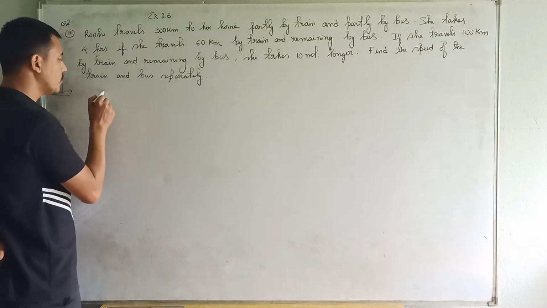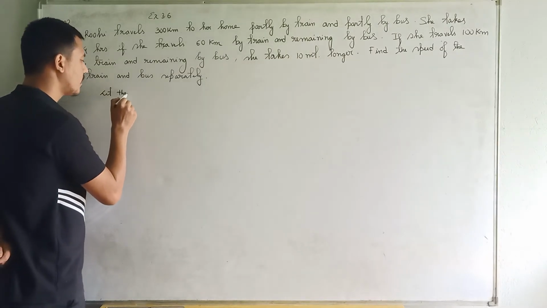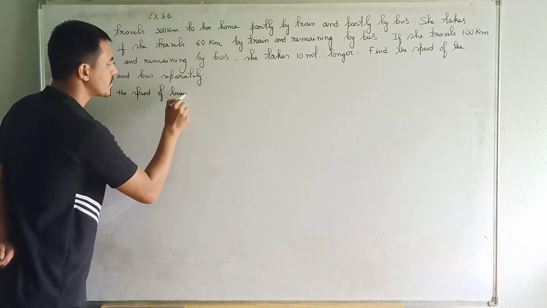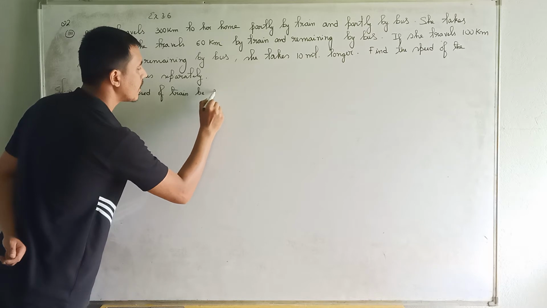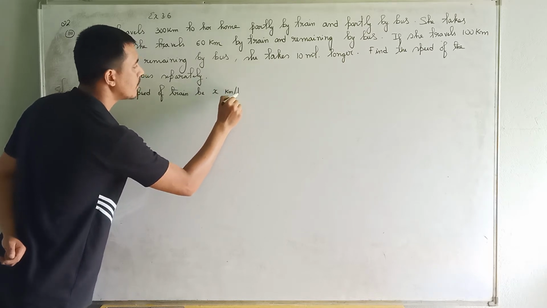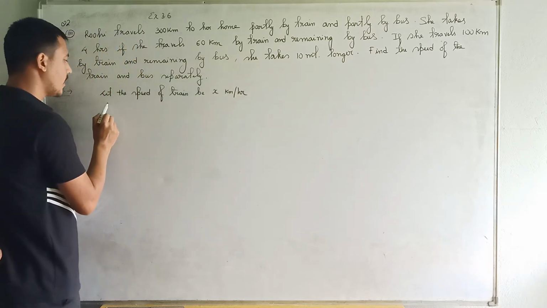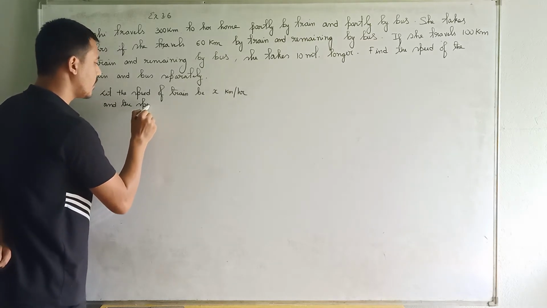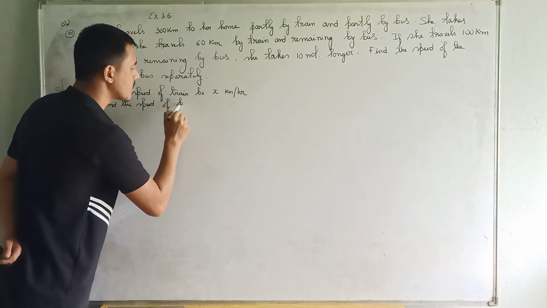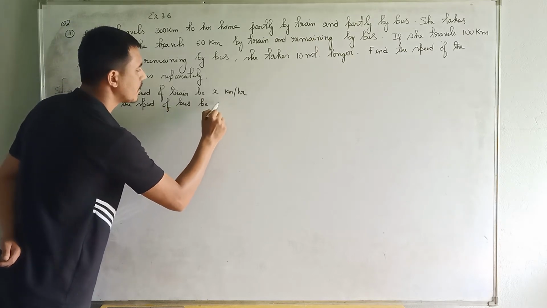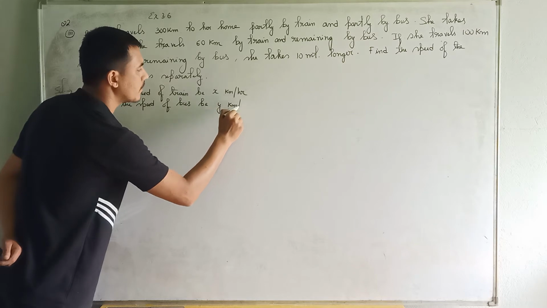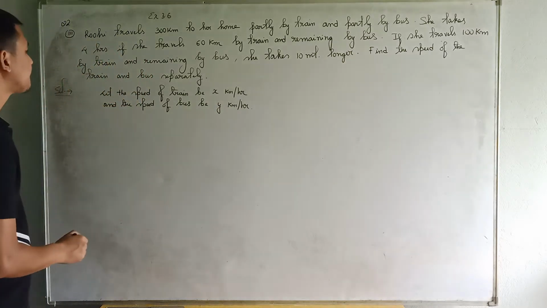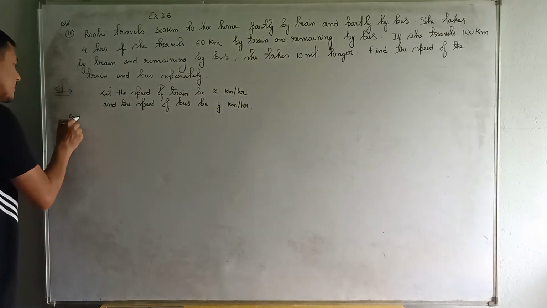So, what we are going to do is, let the speed of the train be x kilometers per hour, and let the speed of the bus be y kilometers per hour. Now, first case,